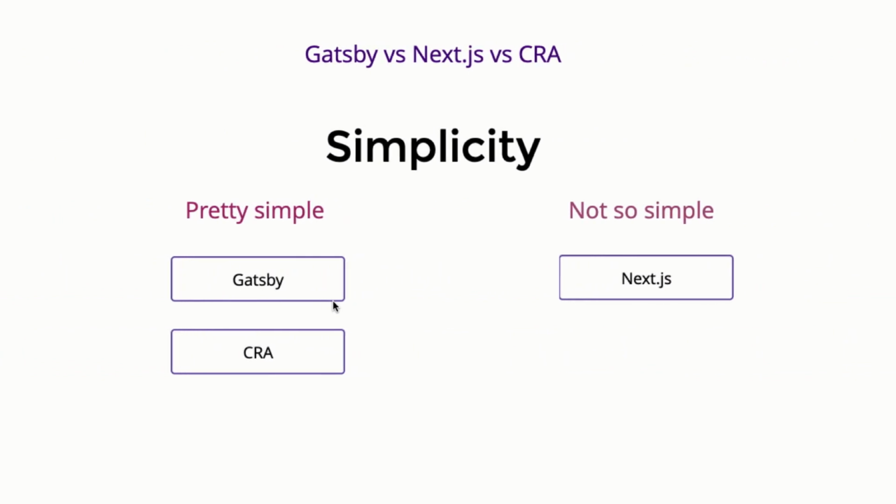And also when you look at simplicity, once again, this is just my opinion, right? And people might have different opinions. I'm looking at simplicity in terms of how easy it is to set up, and also in terms of deployment. Okay, so in my opinion, Gatsby JS is quite easy to set up, and also to deploy, because it's basically static sites that are generated, you can easily upload them to any server. And same for Create React App. And with Next.js, you have to deal with setting up the server and all of that, and that's not so simple,